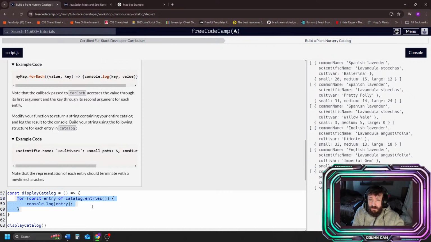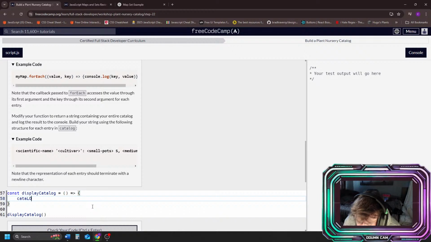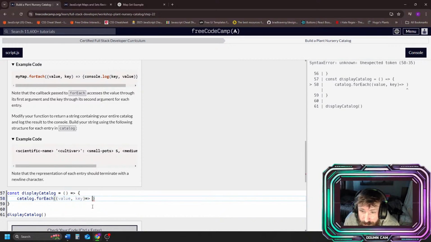So it would be catalog.forEach. For each value, key, return